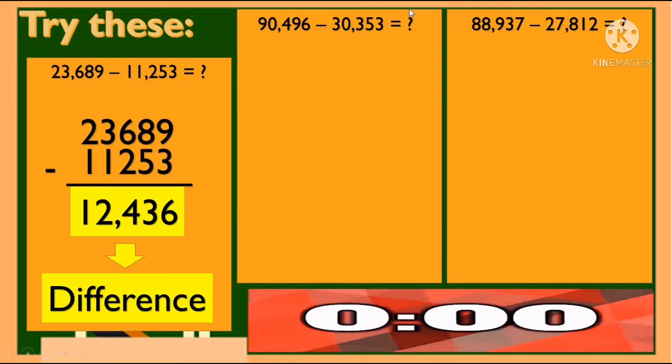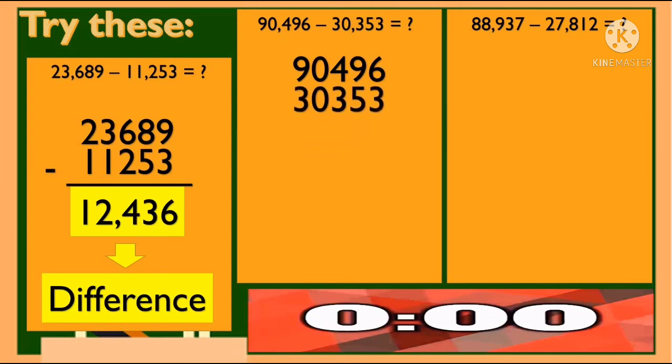And then the next number is 30,353. And then the symbol is equals blank. Alright, so again, let us line up the two numbers. We have 90,496, and we will line up the